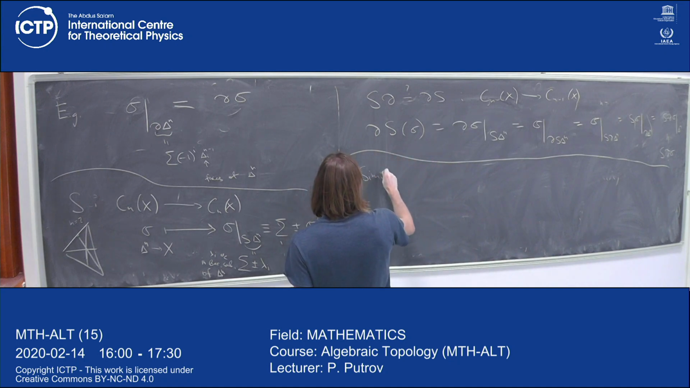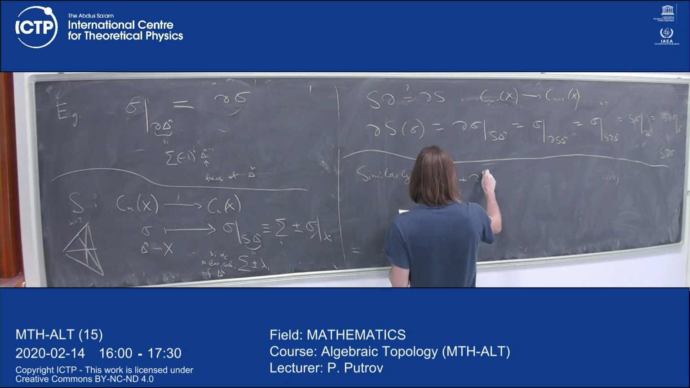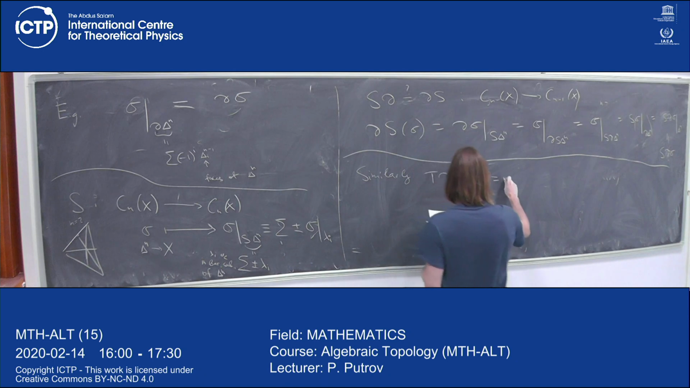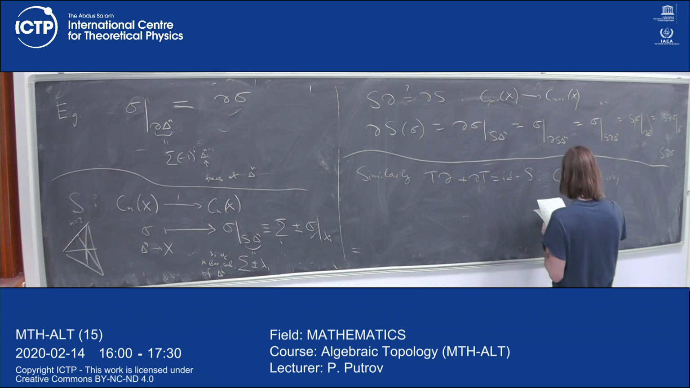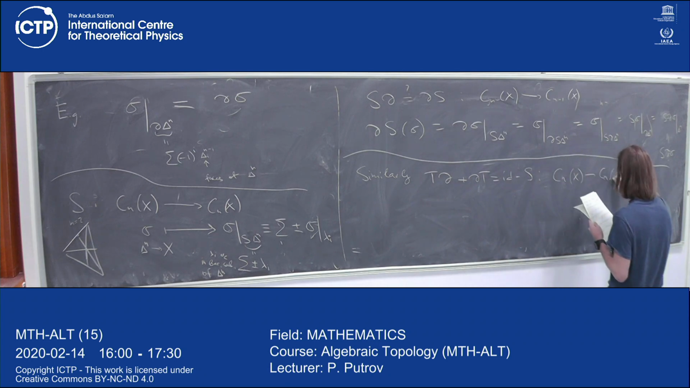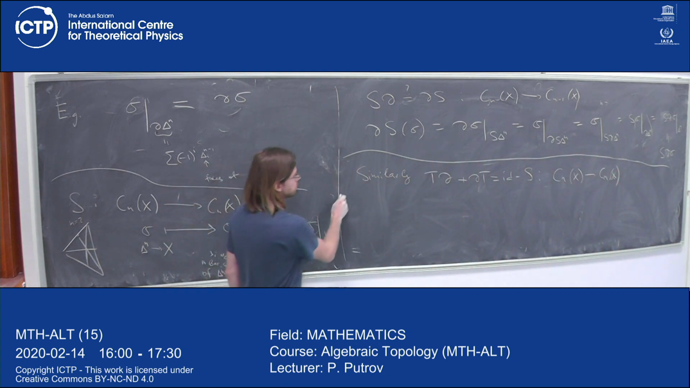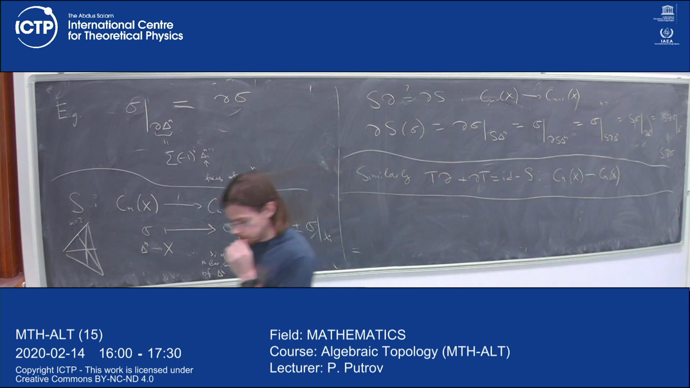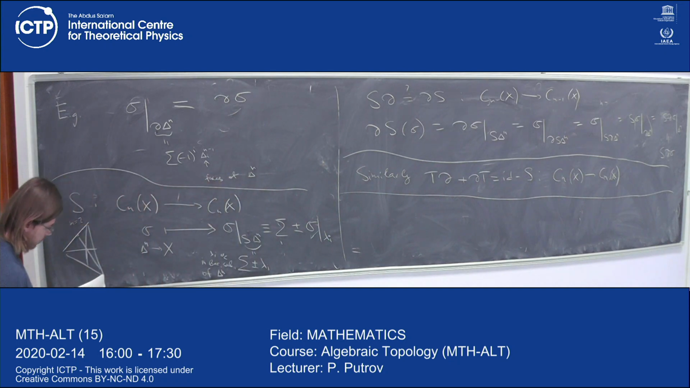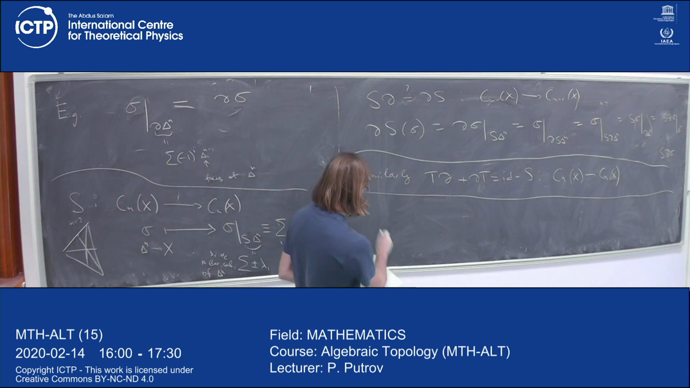Similarly, t d plus d t equals minus S. Now this is the identity, the homomorphism from Cn of x to Cn. Okay. Questions? Okay, so now